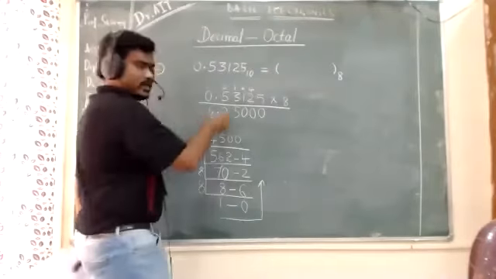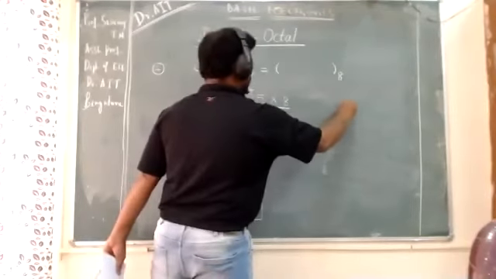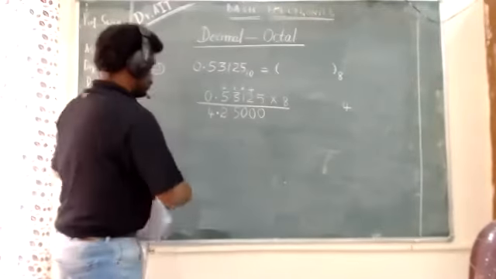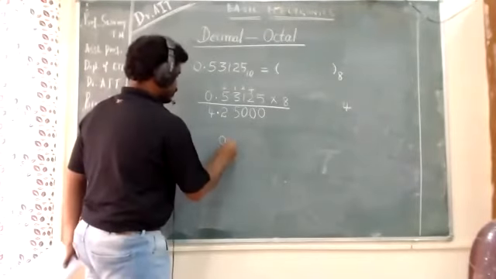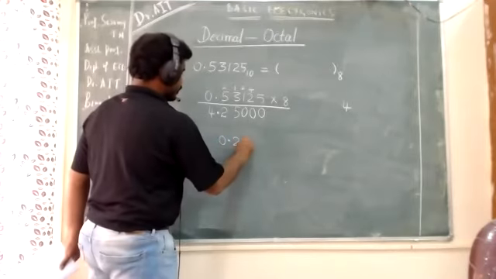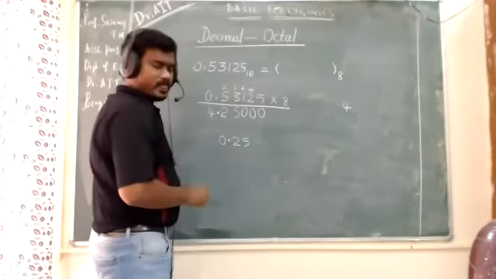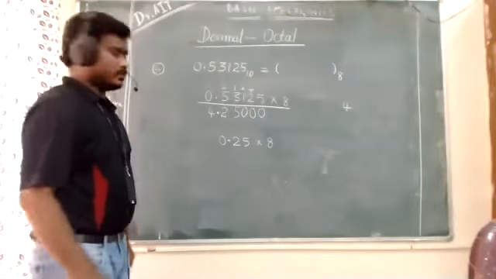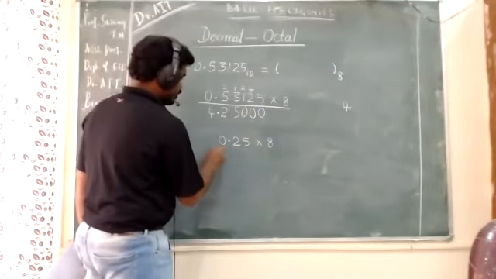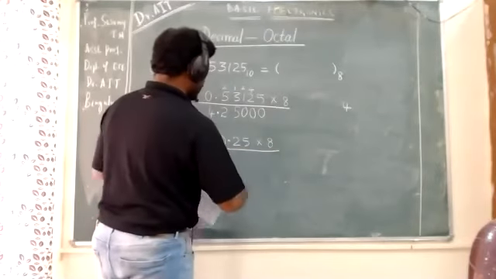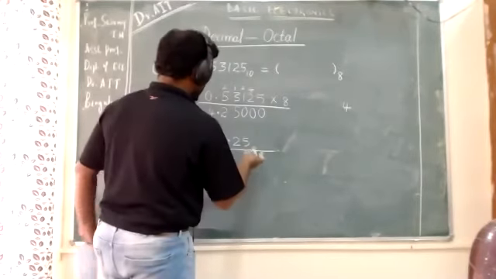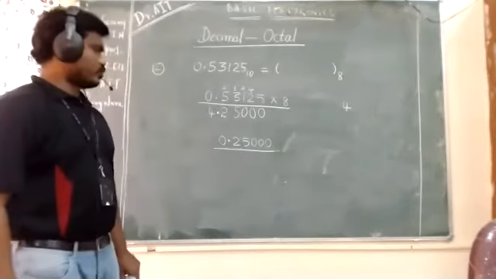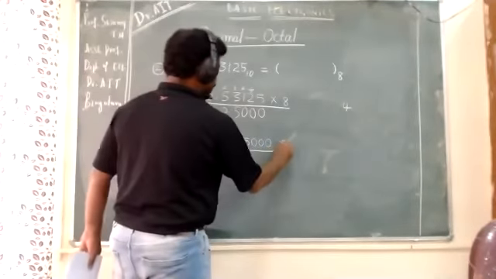So I will take this 4 and write it down here. Okay, now I have 0.25, and this can be multiplied by 8 once again. Okay, so then what will you get? This 0 is also there. I will consider that 0 also, no issues at all. Otherwise I need to add 0 later. Okay, you have 0.25000, and this has to be multiplied by 8.